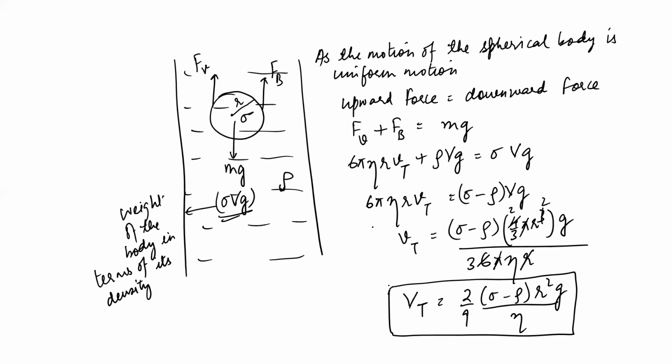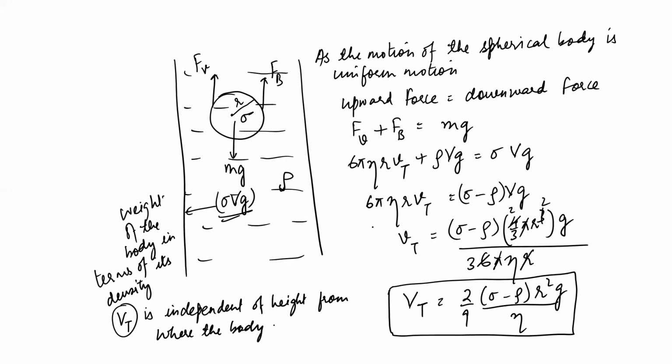By seeing the expression of terminal velocity, we can say that this terminal velocity is directly proportional to the difference between the density of the fluid and the body. It is also directly proportional to the square of the radius of the spherical body and inversely proportional to the viscosity of the fluid in which the body is moving. This terminal velocity is independent of the height. Terminal velocity, that is Vt, is independent of the height from where the body is dropped